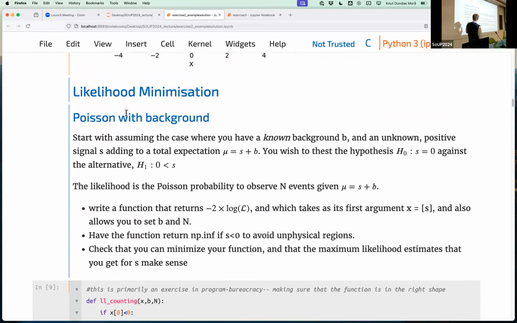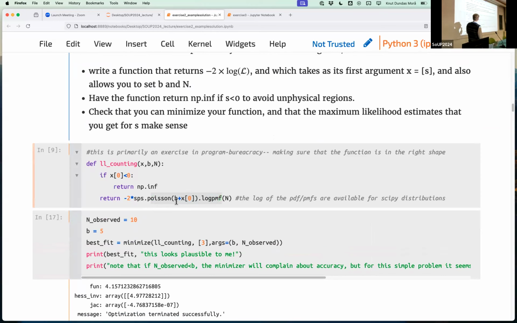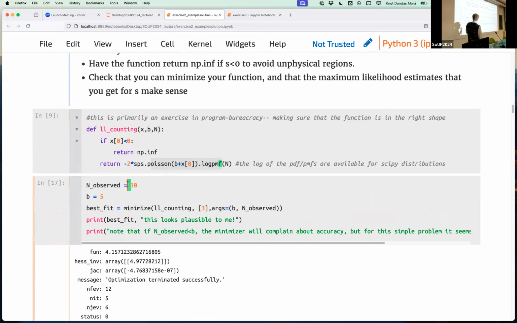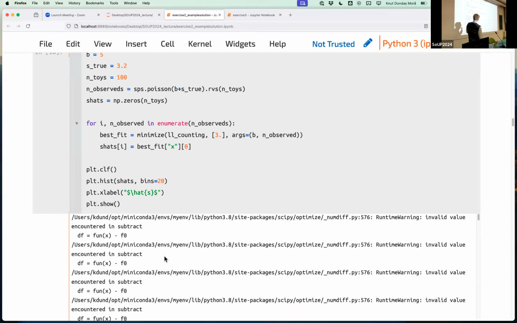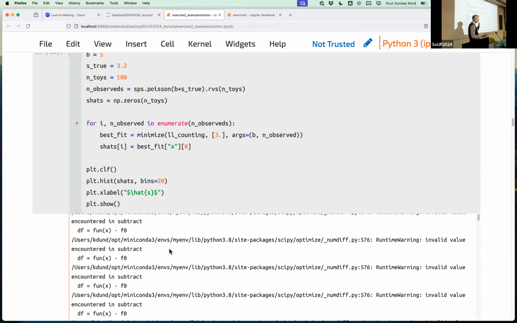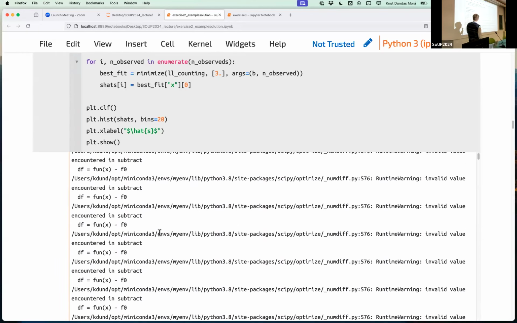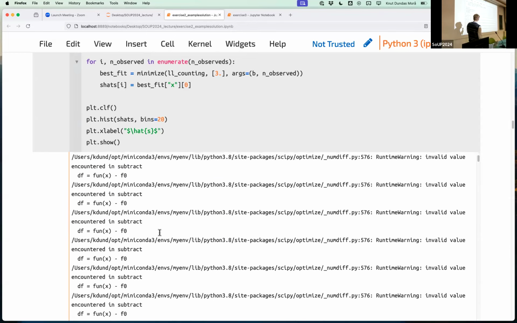And so we had some proposal likelihood that we were supposed to write. To write these, we have built-in functions to make a Poisson with a known background. We can either generate or select some sort of data and observe what the best fit is. And we can do this for many loops. In that case, you get a lot of complaints because it doesn't like that you have set it to infinity below s equals 0. That's fine. You can either pass a bound to the minimizer, in which case the minimizer itself will be clever and never go there, or you can live with these warnings, just take them off somewhere. Just make sure to not write them all to a .log file. That will then just be a lot of useless text.